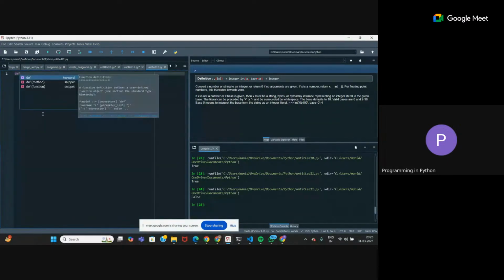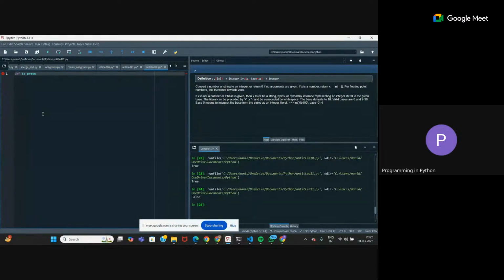So the definition of the function name is, let's call it is_present_in_opposite_halves. Three things you have to take. One is the element, then let's call it L1 and L2, two lists. You just specify the type also. These are lists.